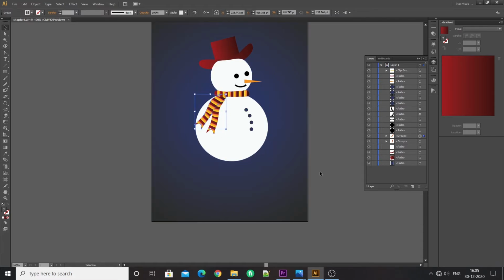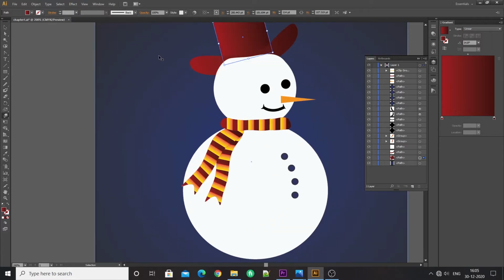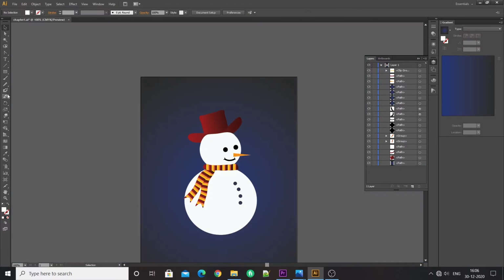To make the snowman look more appealing, I will remove the sharp edge by using the Forward Wrap tool. Click outside the artboard, then select the brush and paint a stroke as you like.